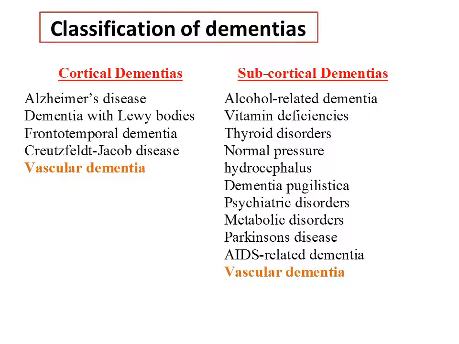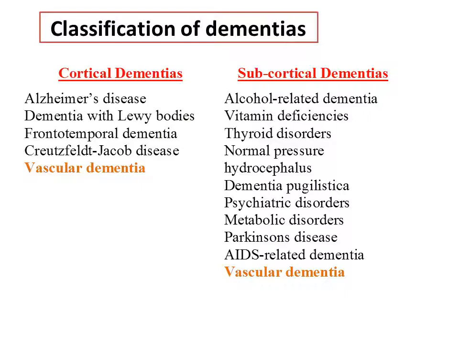Another classification divides dementia into cortical dementias and subcortical dementias. The causes of cortical dementias: Alzheimer's disease, dementia with Lewy bodies, frontotemporal dementia, Creutzfeldt-Jakob disease, and vascular dementia. This entity is characterized by lack of extrapyramidal motor findings and